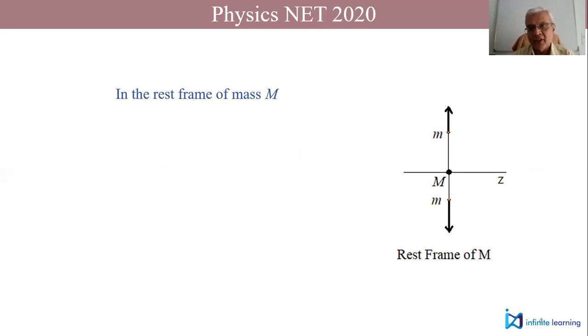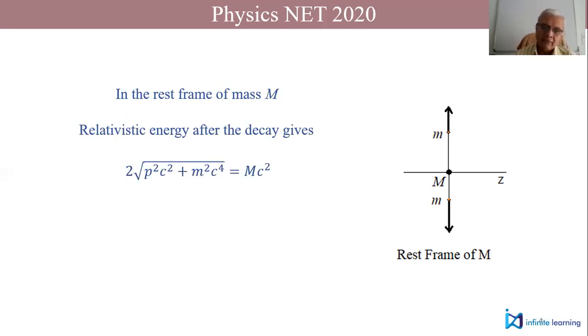Each of the masses is going in a direction perpendicular to z, in opposite directions. They will each carry the same momentum, let's say the same speed v, and therefore the relativistic energy after decay will be 2 times the energy of each particle, which is root of p squared c squared plus m squared c to the fourth. But before the decay, there was capital M as the mass, so it's equivalent to the rest energy M c squared. Our relation becomes 2 times root of p squared c squared plus m squared c to the fourth equals capital M c squared,